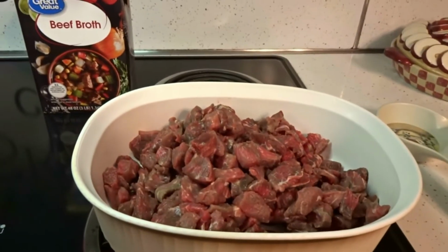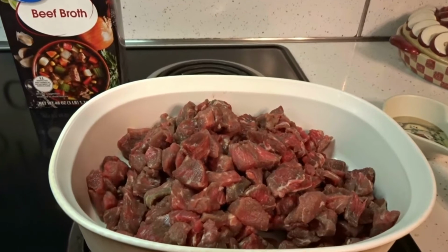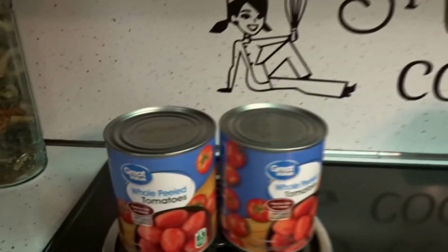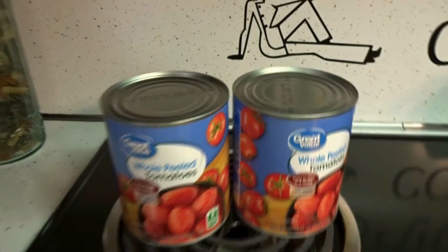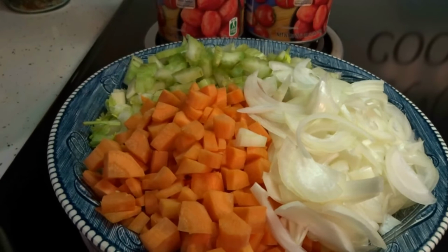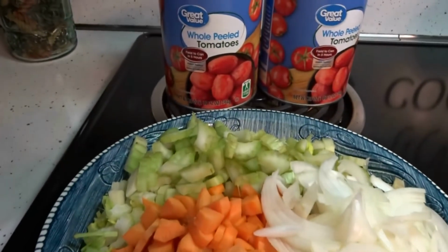Hey everybody, today we're going to be making homemade beef tomato soup. For that you're going to need 2.5 pounds of extra lean beef cubes, a 3-pound box of beef broth, two 1-pound cans of whole peeled tomatoes, then you're going to need 2 onions cut, about 3 carrots cut, and about 3